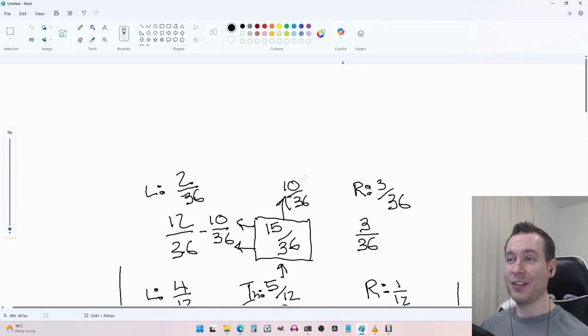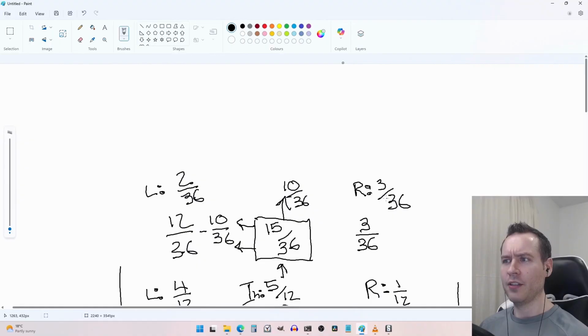So if we decided to end here, we could send the remaining value to the greater of the left or right targets. And we will know that since our goal for the left is 2 over 36, left will be getting supplied 2 over 36 less than it wants, because this is the target that it wants. And right will be getting what it wants plus the deficit from the left. So if we send this 10 over 36 to the right, we will be getting, oh,